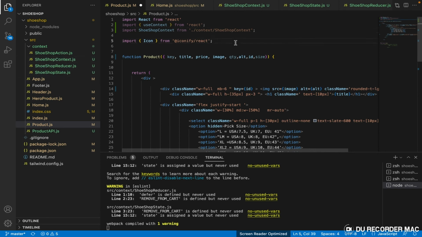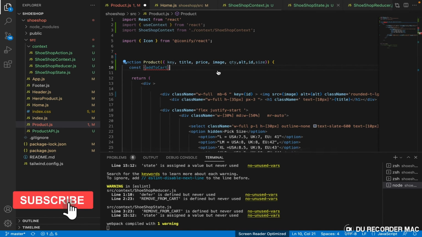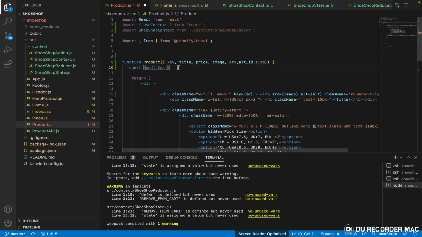Okay, now that we have imported it, we need to come over here and say const add to cart. That is the function we just sent into our context provider. We need to accept it now, and then we say it's equal to